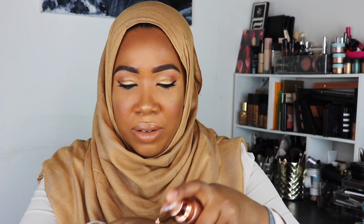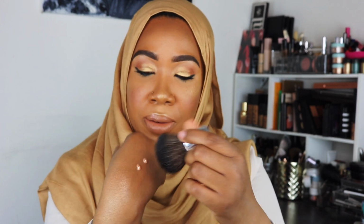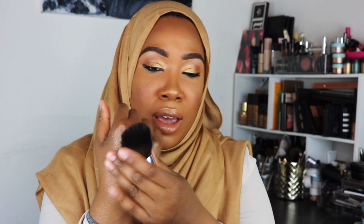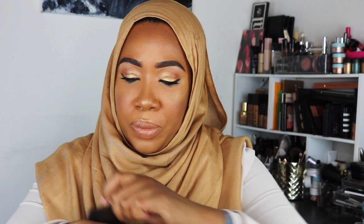I want to see, just as far as color wise, if I put more on, if it'll build up. So I did another 2 drops, and I'm going to go back in with my kabuki. And I'm starting to see a little bit more peachiness in person when I put in additional coats, but again it becomes a little bit more tacky, and I think this is one of those products you will probably have to